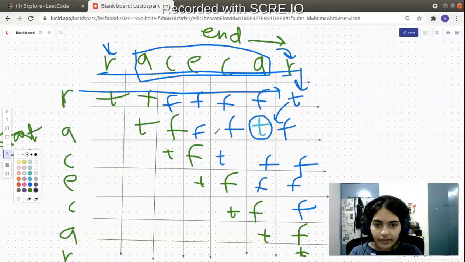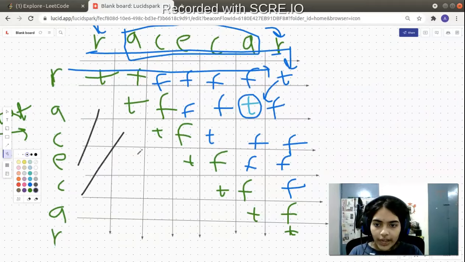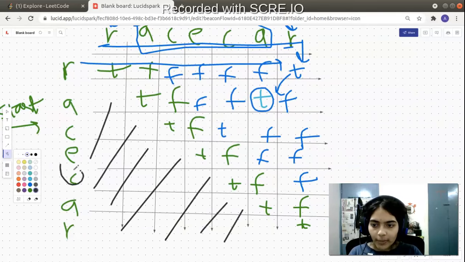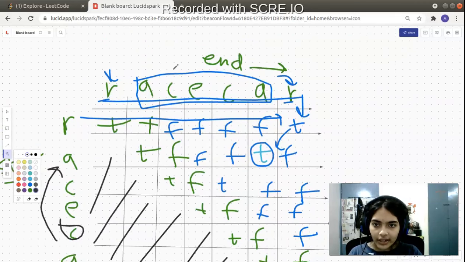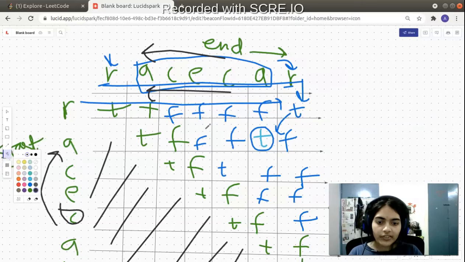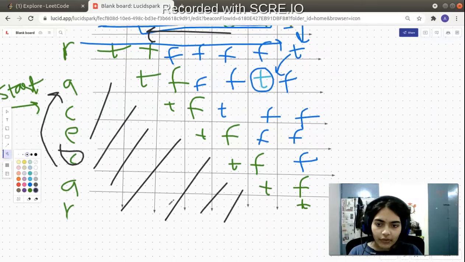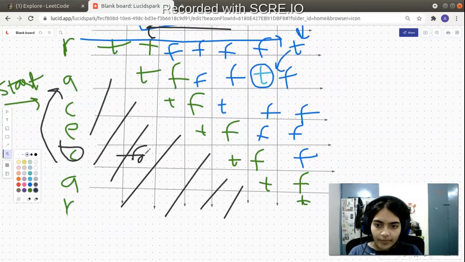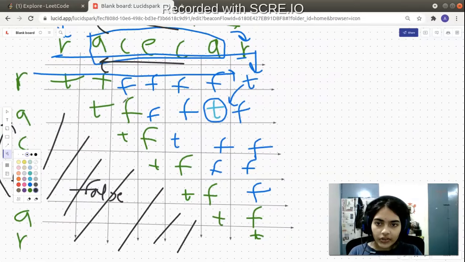Right. So now we have filled the DP table. All these values will be false, because what do these values represent? For example, starting at character C and ending at character A. It will be in the reverse direction, right? Suppose starting at this C and ending at A, it will represent this string CA in the reverse direction. But we have already taken ACEC in the positive direction and filled this DP table. So the lower half of the DP table, we can give everything as false. We need not look at this. We have already seen the strings in positive direction.